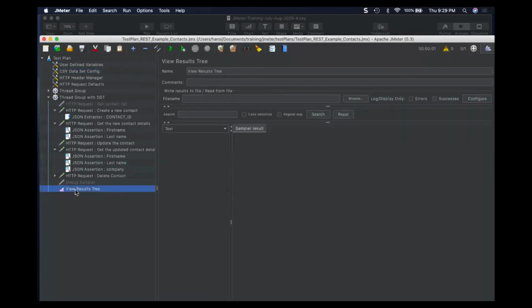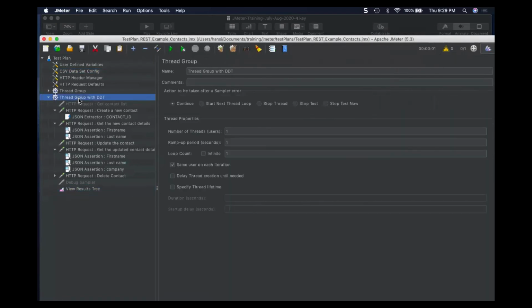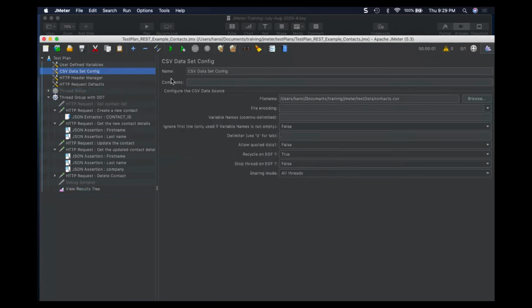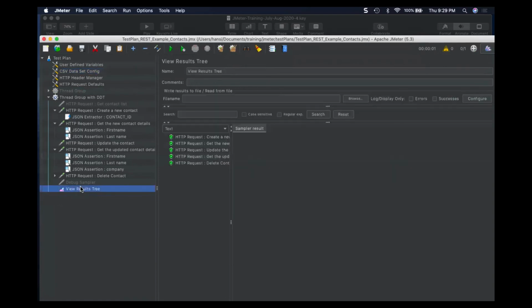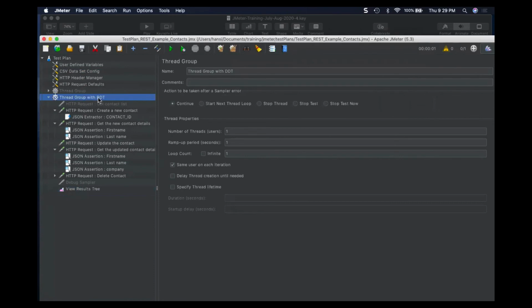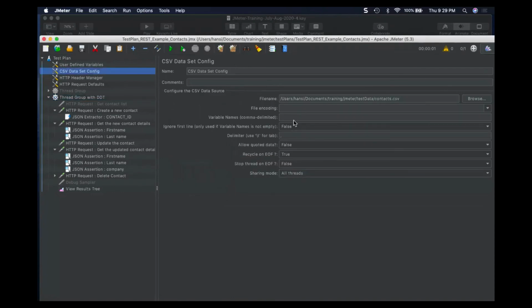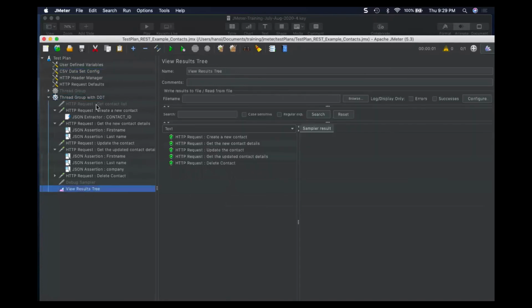You don't see anything. Let's see. Let's Control T and run it. One thread is running, and you can see one is created. So let's make it 6 times. How does it work? We had just 3 records in the CSV file, but at the end of the file it will recycle. So let's run and see again.